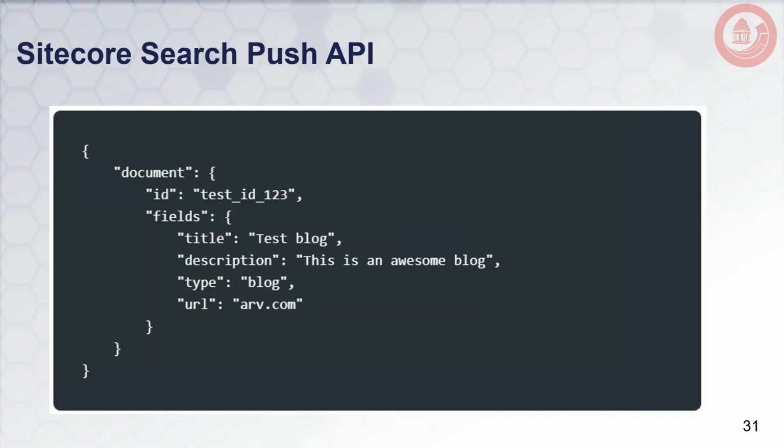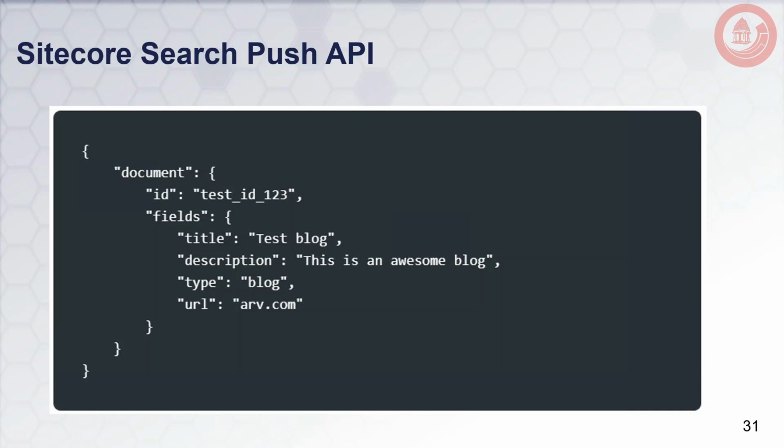Finally, when items are formatted into the schema that Sitecore Search understands, like in this image, we can pass the payload to the ingestion API. This is the sample payload format that Sitecore Search is expecting to index the content. At the top, the root element is document. Under that, we need to define the ID of that document and all those fields that we want to push